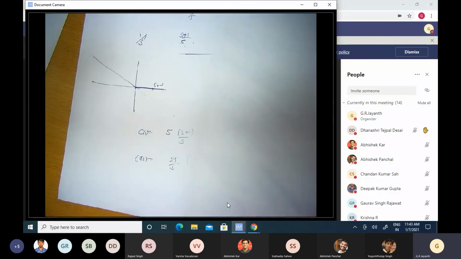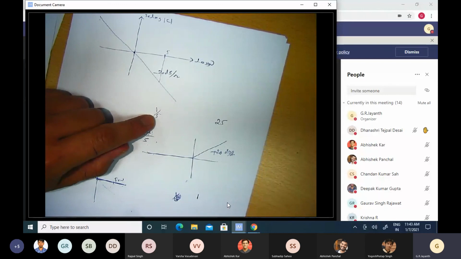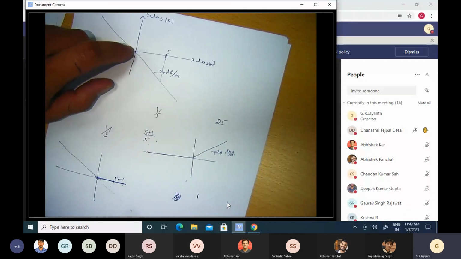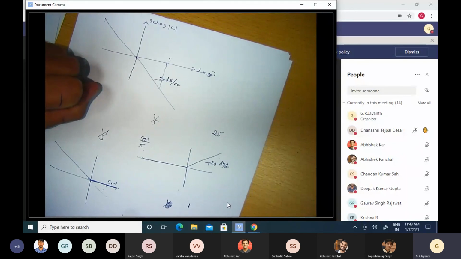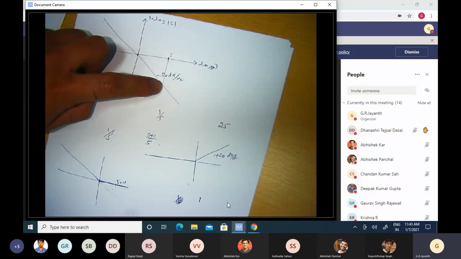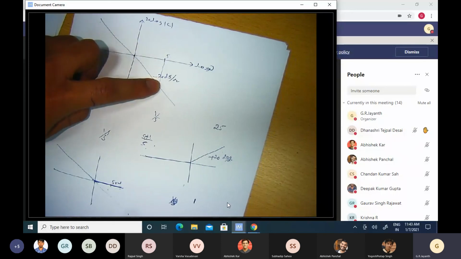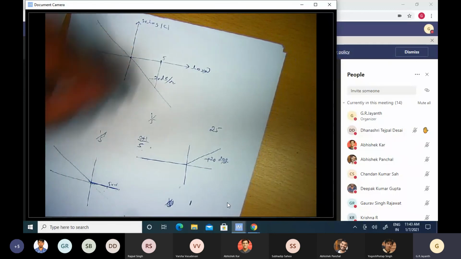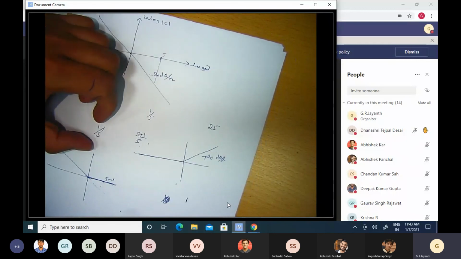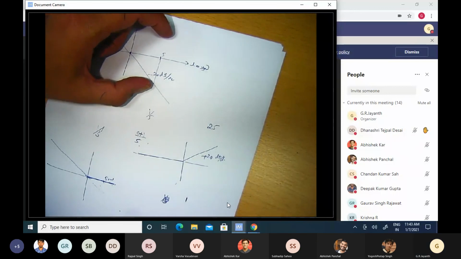In the second case that I discussed, here we had a gain of 1 by 5 to start with, because we allowed the integrator characteristic to continue up to 5 radians per second. And the integrator ended up attenuating the gain beyond 1 radian per second. The extent of attenuation at 5 radians per second was 1 by 5. So that's why we needed to multiply this controller with a factor of 25, so that the overall gain around 5 radians per second ended up being 5.